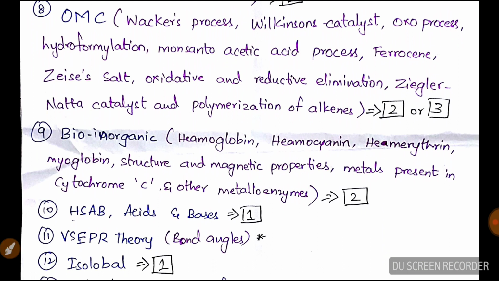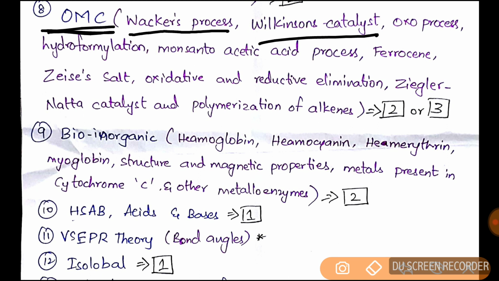Yeah, and in OMC these areas are enough, guys, so you don't have to go to any other topic from OMC other than these. You should just prepare only these areas, because most of the previous questions are from these areas only. And the important areas are Wacker's process, Wilkinson's catalyst, OXO process, hydroformylation, Monsanto acetic acid process, ferrocene, Zeise's